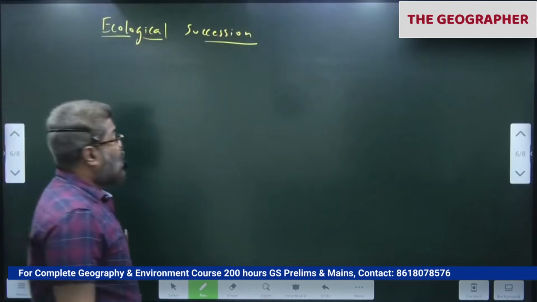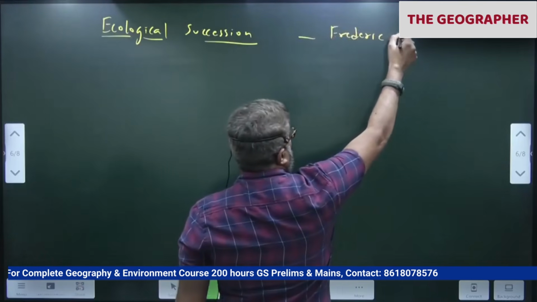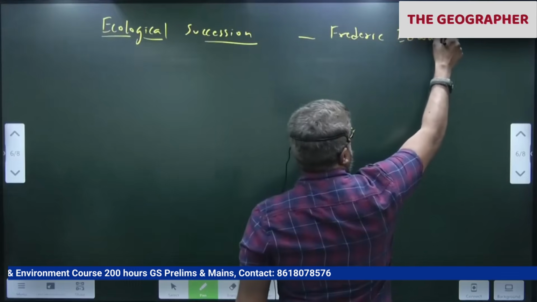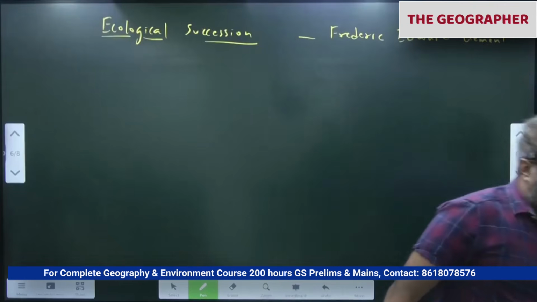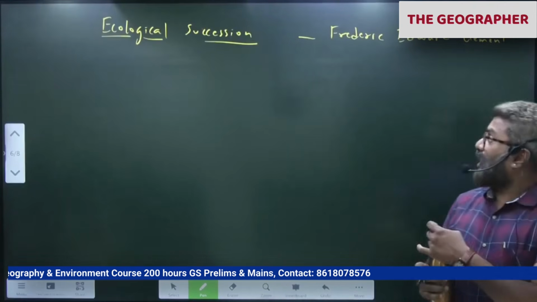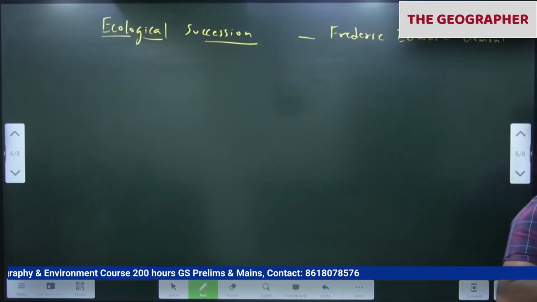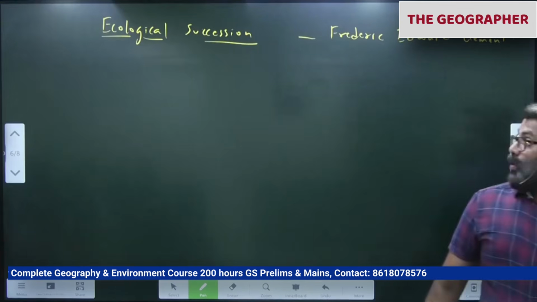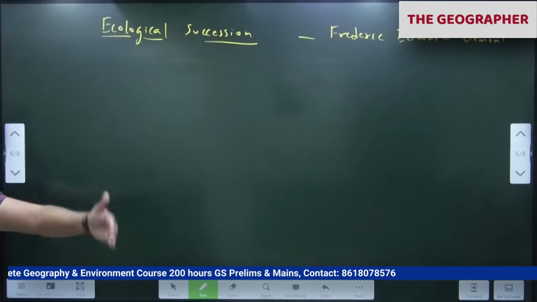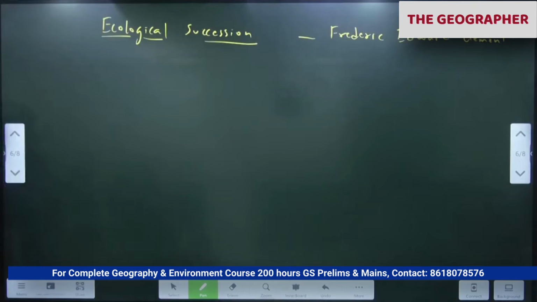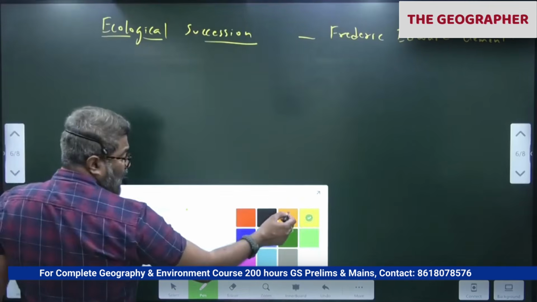So this topic, ecological succession, was given by Frederick Clements. Frederick Edward Clements, a very popular plant ecologist. Remember the same person who coined the term biome. So how particular plant species begin their journey in any landscape was first suggested by Frederick Edward Clements. So first what happens in any area, if you notice,